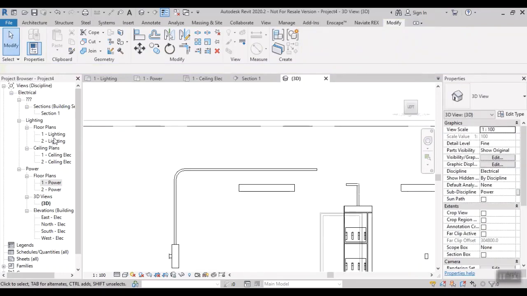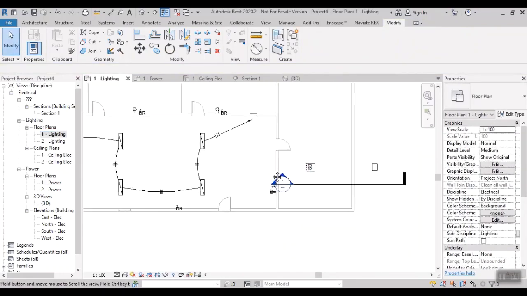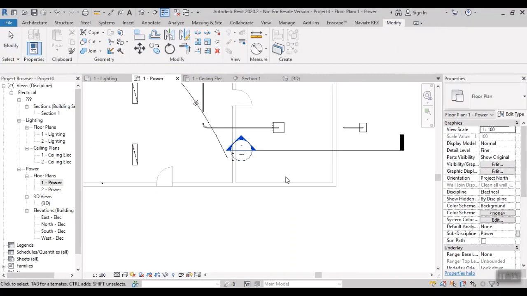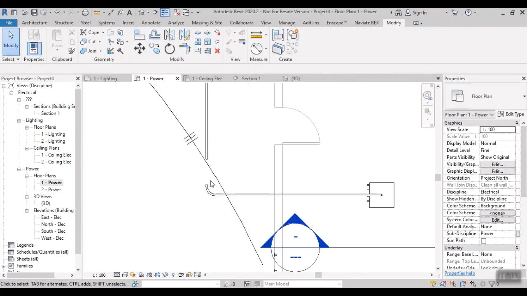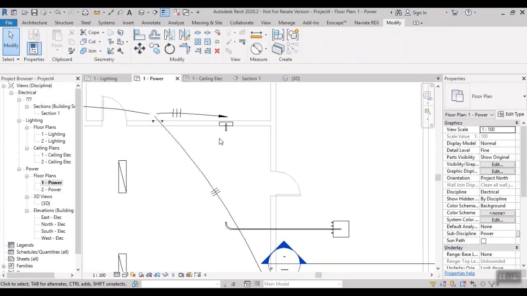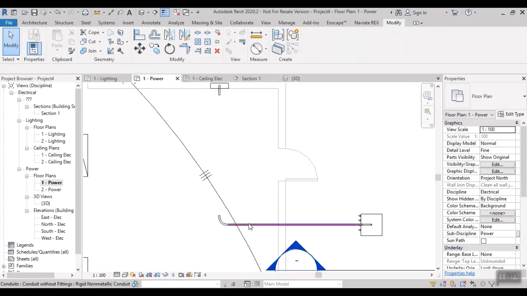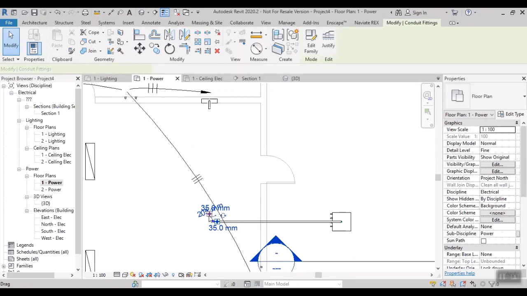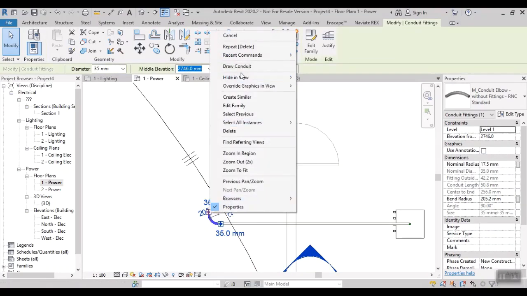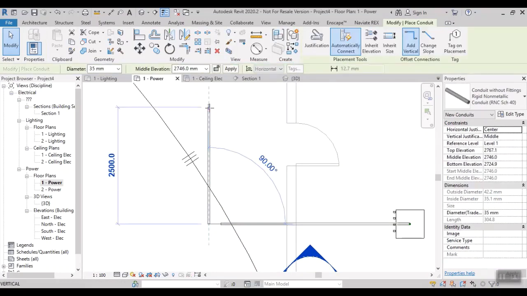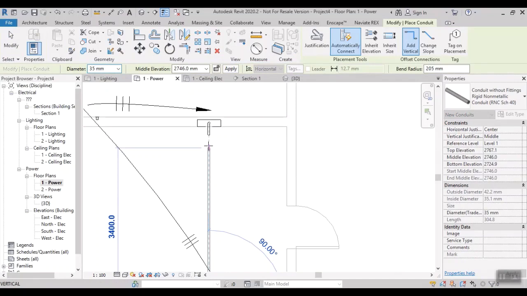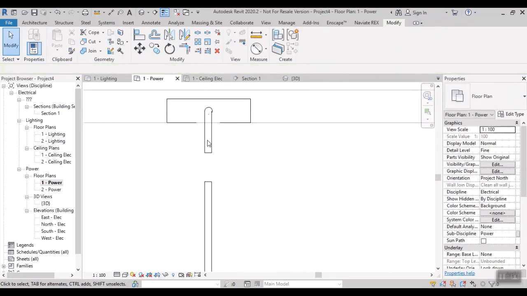Again, go back to the power view. Just remove the slide conduit, because both the conduits are at different heights, so that's why select the conduit, right click, draw conduit, and just remove the remaining conduit and elbow also.